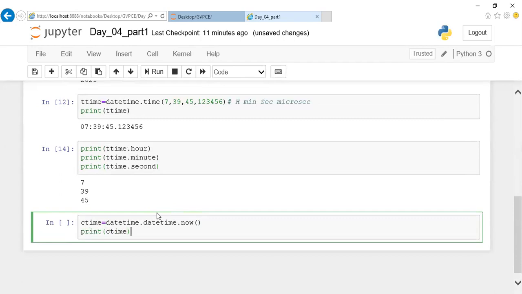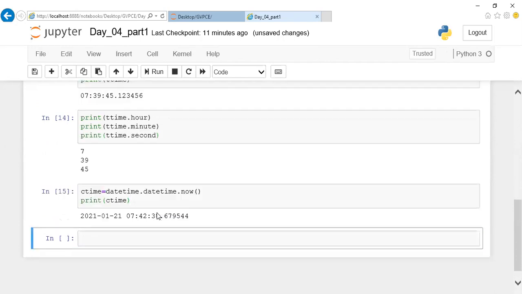This particular timing will be based on UTC. UTC time format is there, right? Universal time format information will be given in this manner. So like this, you are able to fetch the current date and current time. All these things will be useful whenever you are dealing with programs with date and time. Apart from this, we'll never use this often. We'll use it rarely, but you should know these things. It will be useful for your shortcuts.